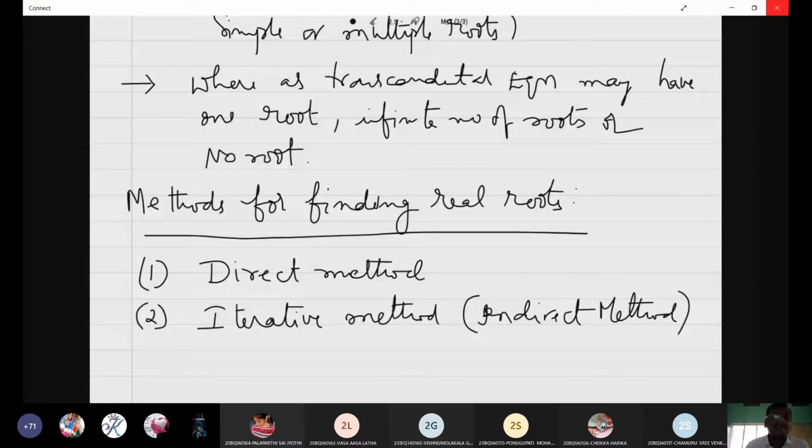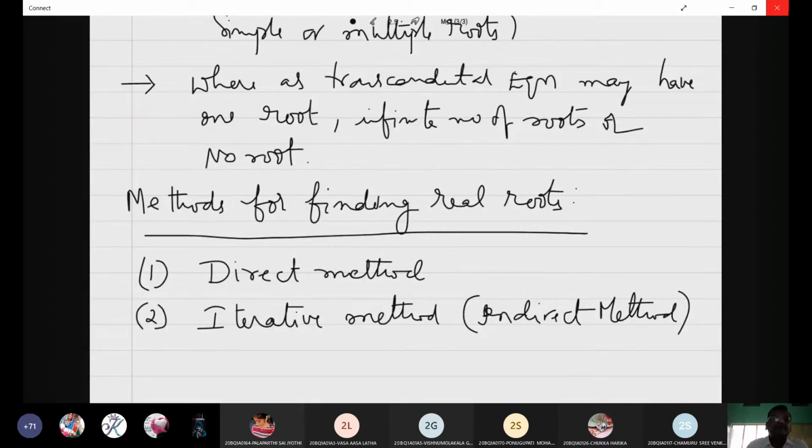That means in our syllabus and in our present topic, we have to use the iterative methods. That means by using successive approximations, successive iterations, we use a number of steps and find a better approximation or the desired root of the equation. The more iterations, the more accurate the result. That is called the iterative method or indirect method. Direct methods are not in our syllabus, and we already studied them in lower classes. In our syllabus we have to use the iterative method.